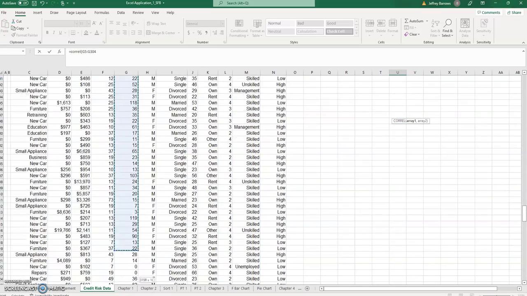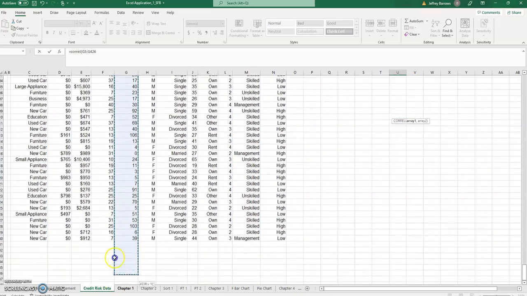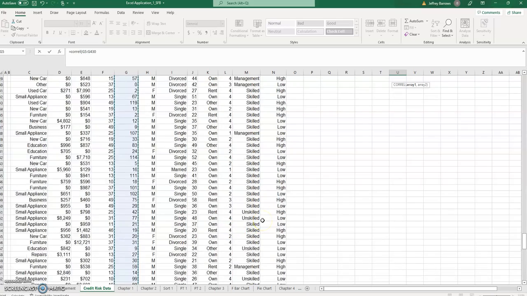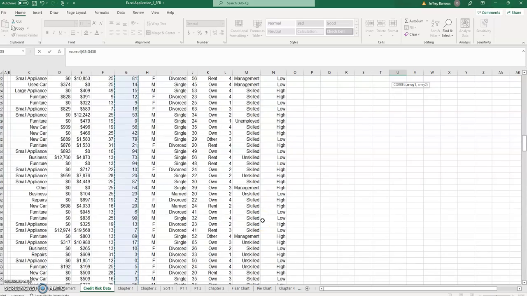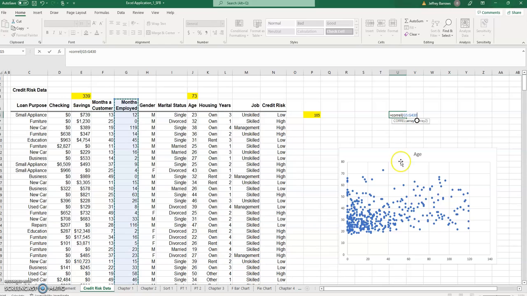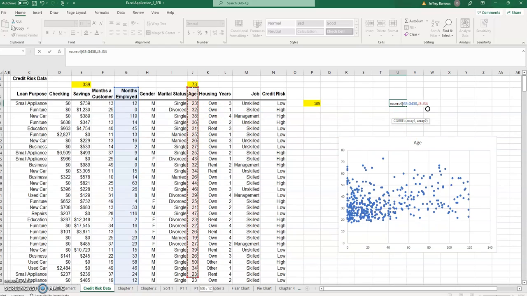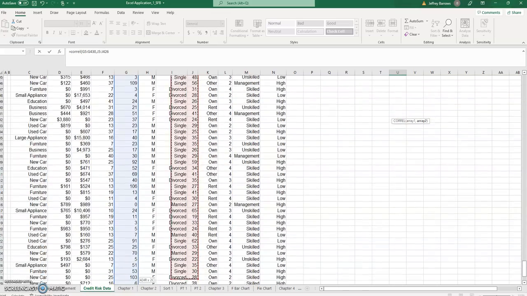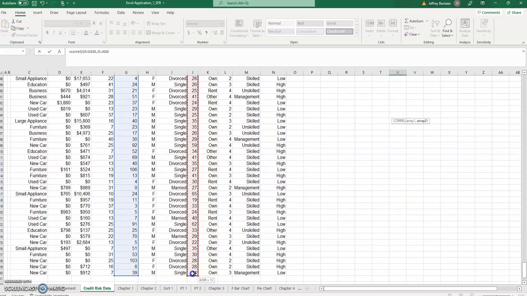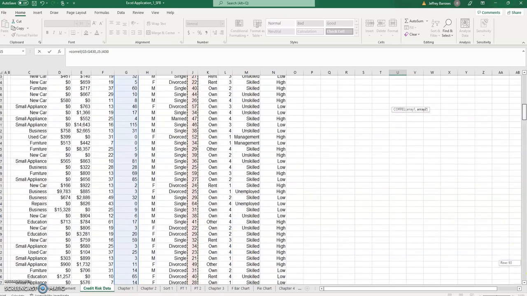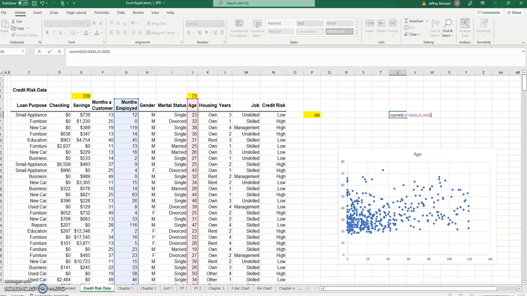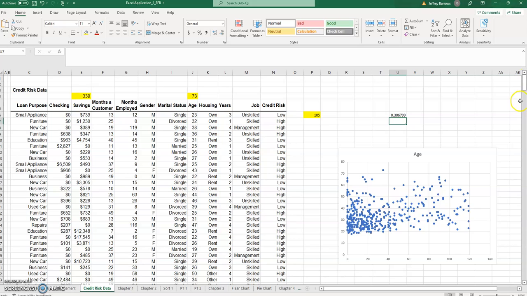So again, months employed would be the first array, and that's what we have on the horizontal axis, and then a comma, and then I can go get age as what effectively looks like the y variable here. If you think back to your old algebra days, and if you close that up, you get a value of about 0.31. And what that measures is, remember, the correlation coefficient is a value that varies between -1